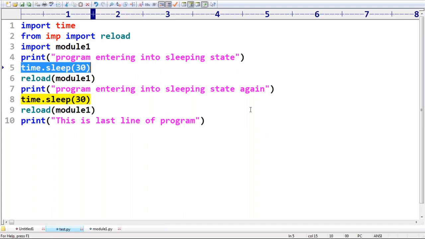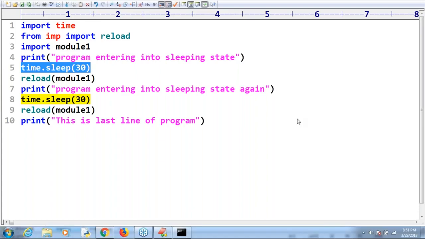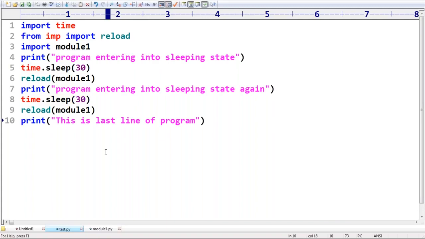Next, sir, can we override the reload function so it can take multiple variables as arguments? Maybe in the future we may look into that. Is it possible or not, Rich Cohen? As of now, just be aware, sir, what is the need of reload? Without reload, what problem are we facing? Clear?